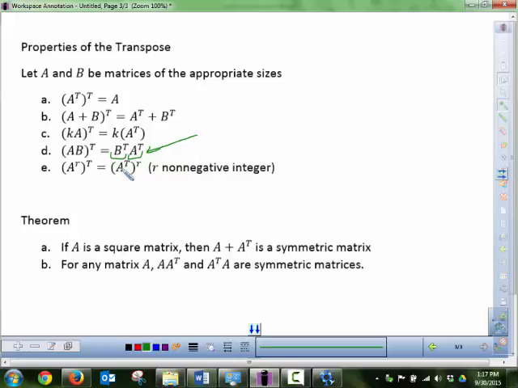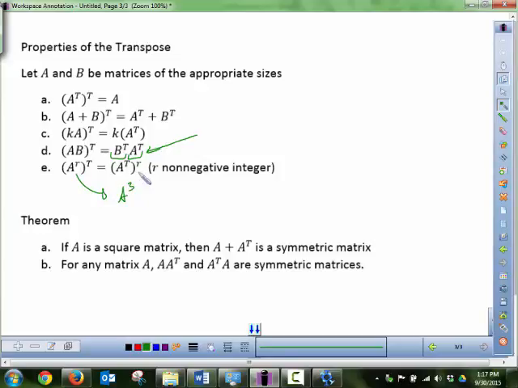The proof of that is a little bit more difficult than we have time for, but you can take a look at the proof in the book. If you don't want to look at it, then you just have to take this for what it says and believe it. The other one is the product. Well, it's not a product, it's a power, but remember what a power is. Power is just multiplication of things. So imagine